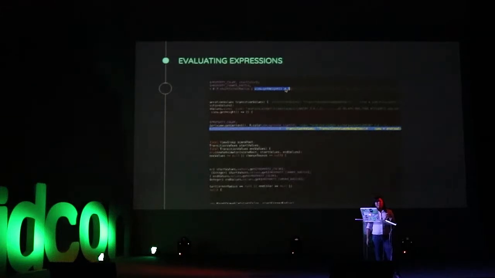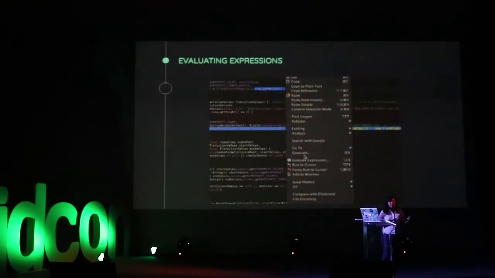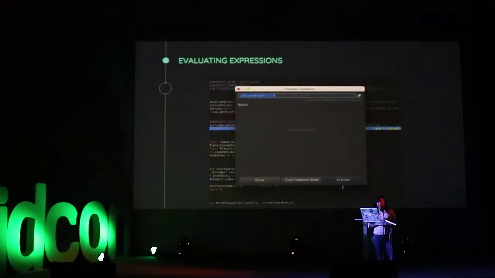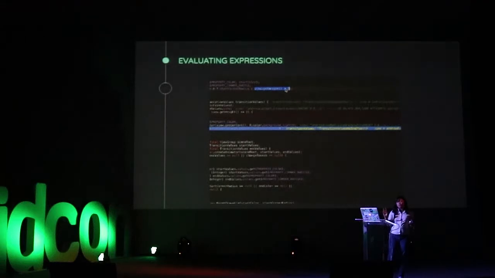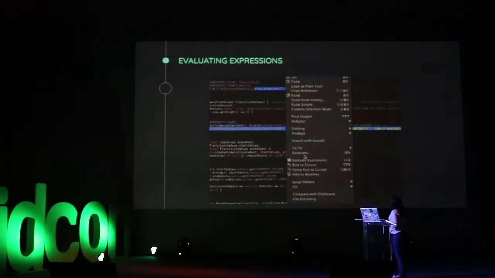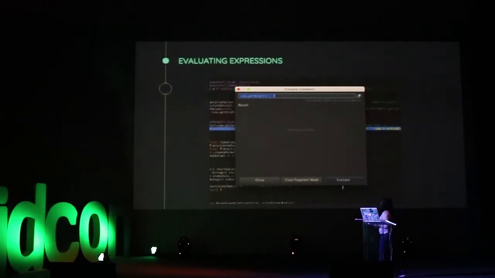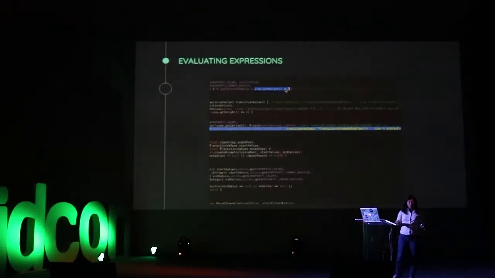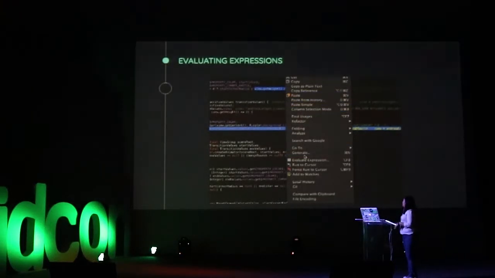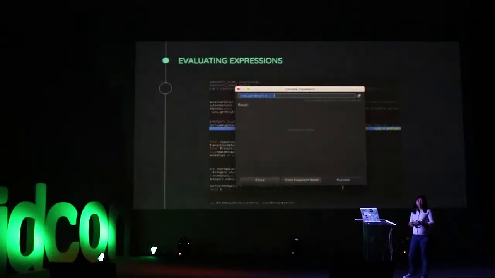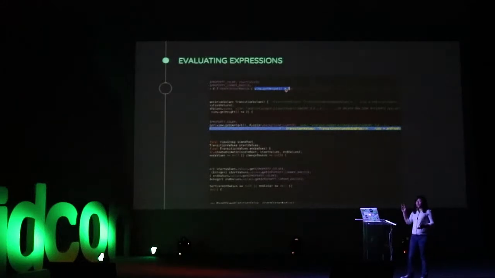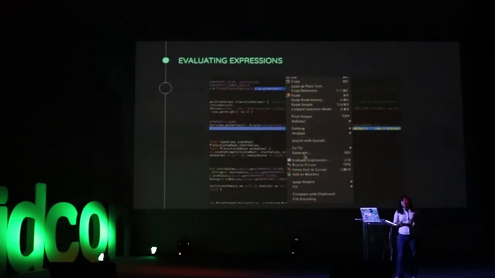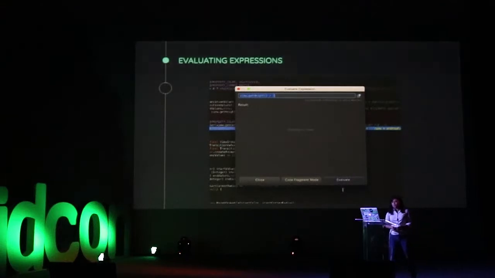So if the variable you are inspecting is used in an expression or in a computation, you can evaluate that by highlighting the whole expression, then right-clicking and choosing Evaluate Expression. In this case, I think it was doing a computation on the height of a view. You know how views can have dynamic height, where at runtime you don't know how big they are. So if you're doing computations on that, you can highlight the whole thing, the view's get height divided by whatever, and then choose Evaluate Expression. It will show you what the result will be as if that whole expression was run.